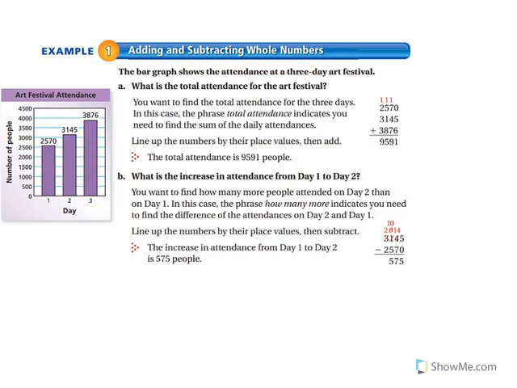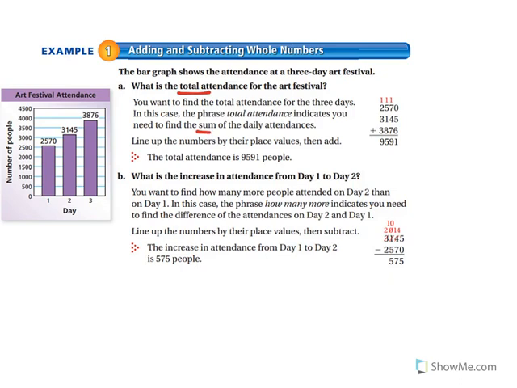So let's try this first example together. The problem reads, the bar graph shows the attendance at a three-day art festival. What is the total attendance for the art festival? Right away, I'm seeing the word total, the total attendance for the art festival. That typically will mean I'm going to be adding. So keep that in mind. So you want to find the total attendance for the 3 days. In this case, the phrase total attendance indicates you need to find the sum